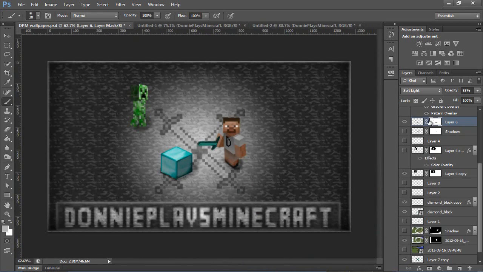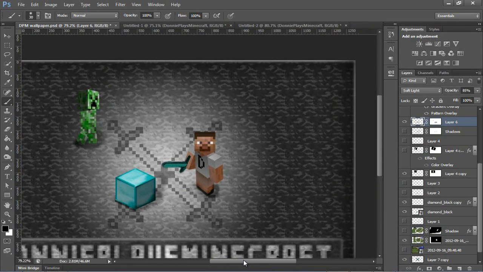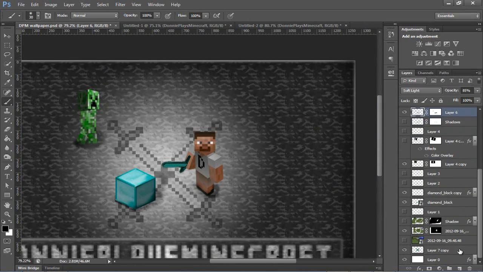Okay, so this needs some shadow right here. And then for the Steve character, this is a little bit of a harder step, but you can see this is the shadow right here for him. So we want to duplicate his layer, so Control J, and then now we have